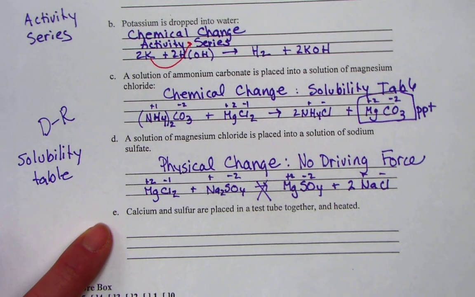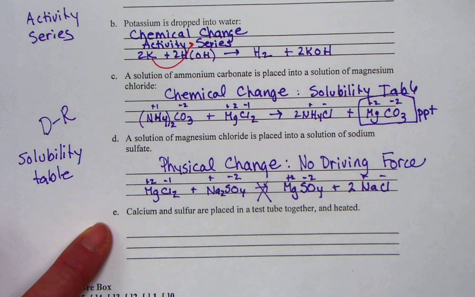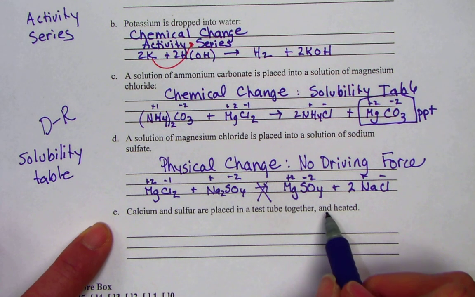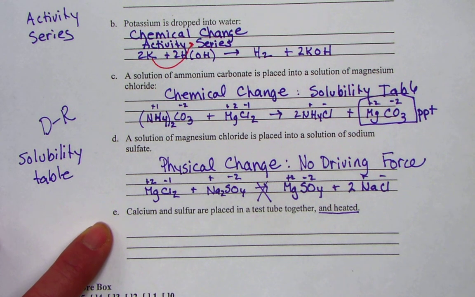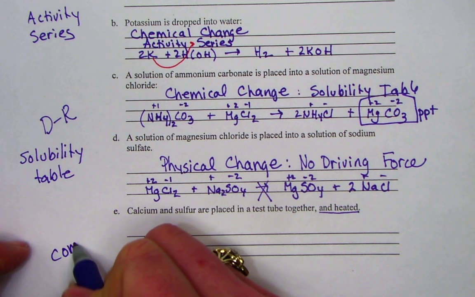The last pattern, letter E, calcium and sulfur are placed into a test tube, and here's a critical part, and heated. This pattern of change will always recommend